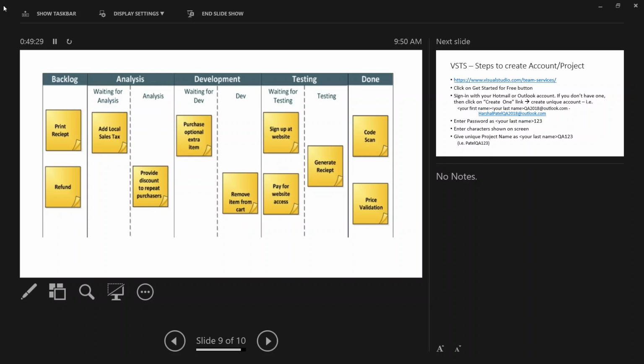Then how many stories are in the analysis phase, right? Basically, how many I am developing, how many I am testing. So it's more like the board that we have here, in the back, on the wall. You guys see these blue lines here? So you have different phases, right?